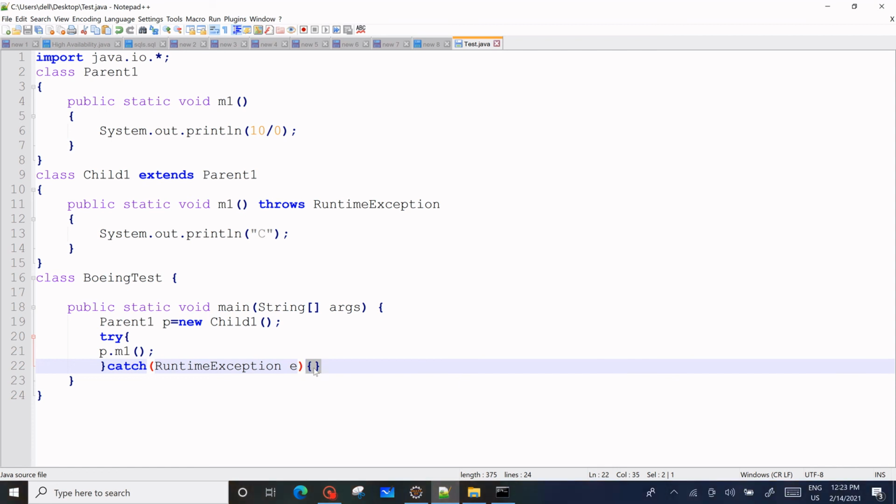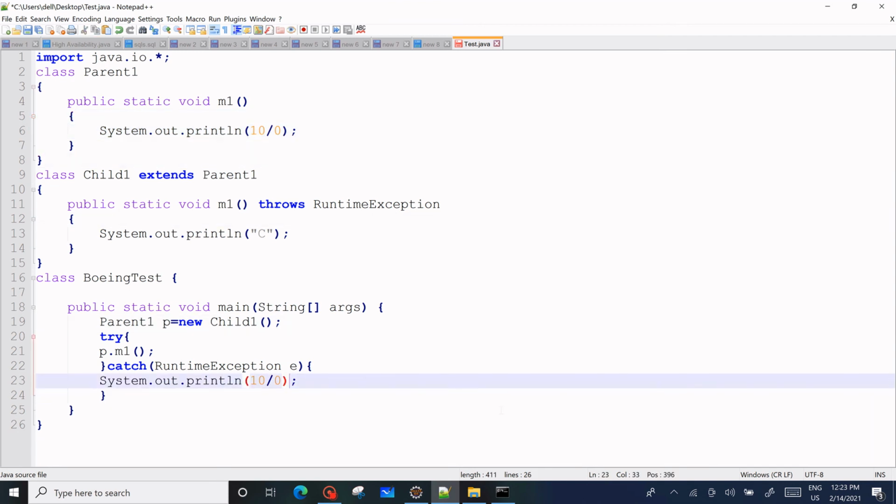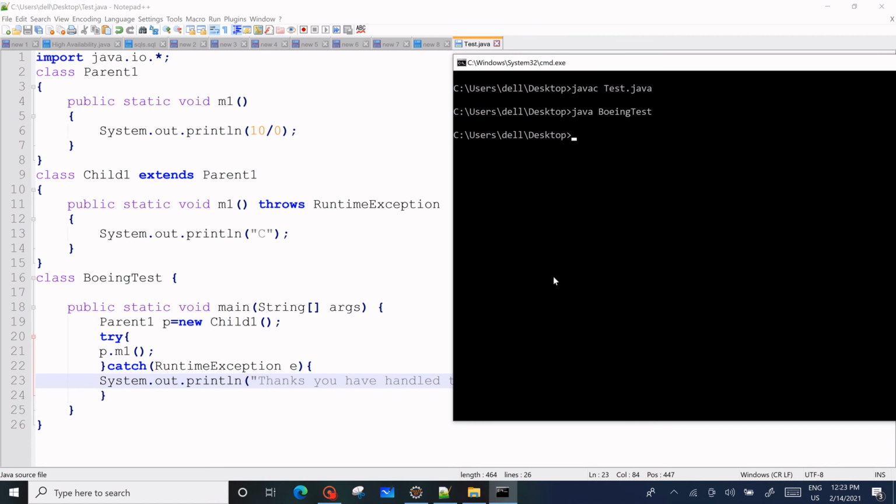But if you write some message here, like "you have handled the runtime exception, unchecked," let me compile and run the program.